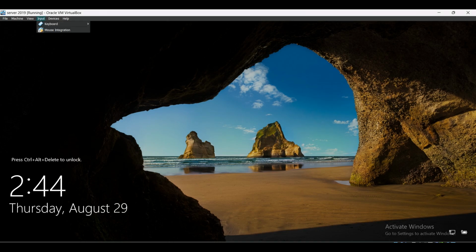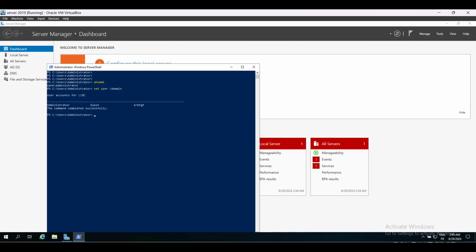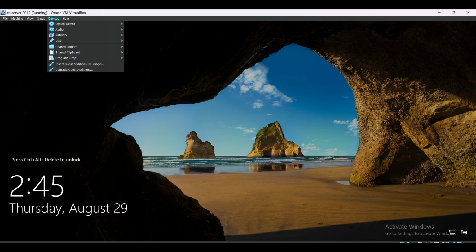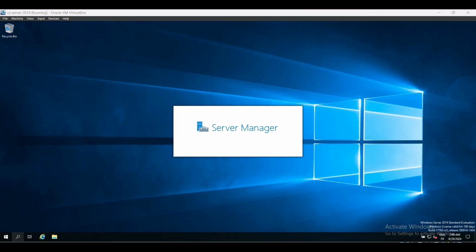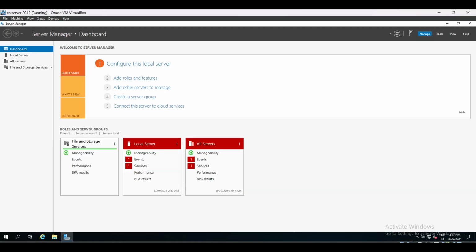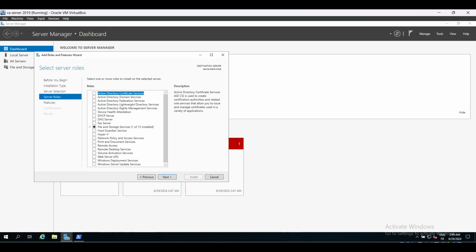By the way, I have a Windows Server 2019 where I'm going to install ADCS and another Windows Server 2019 where the domain controller is already installed. The name of the domain is bank.local and the machine where I'm going to install ADCS is server.bank.local, a domain joined machine. To install ADCS, we go to add roles and features, click next, next, next, then we select Active